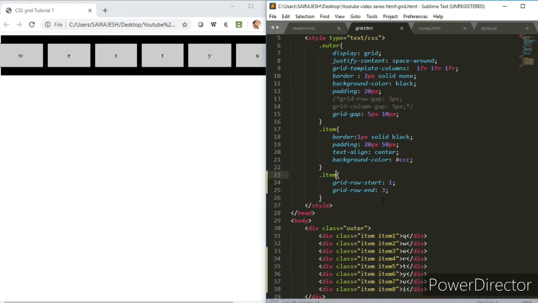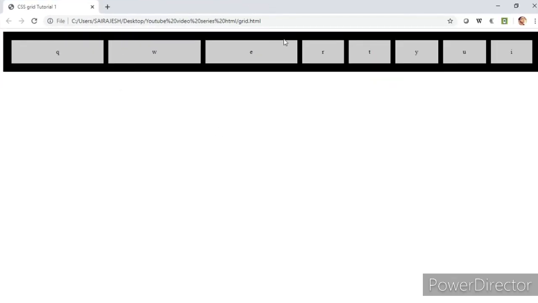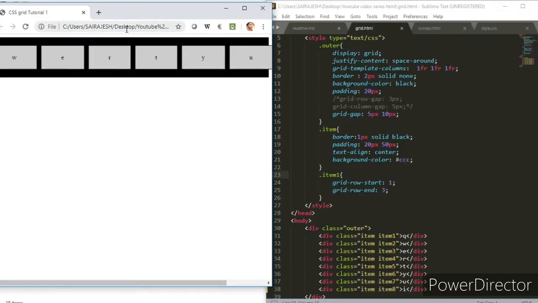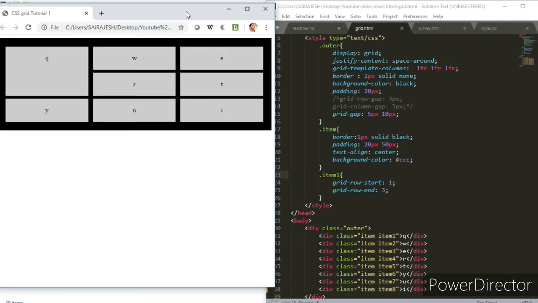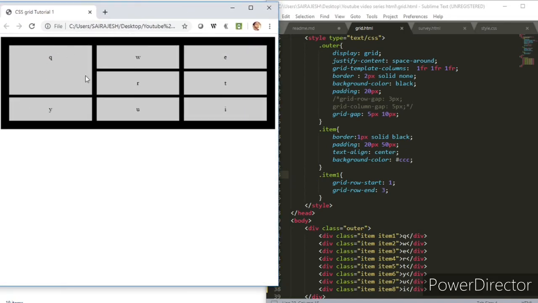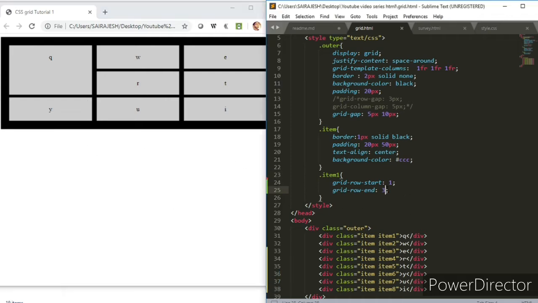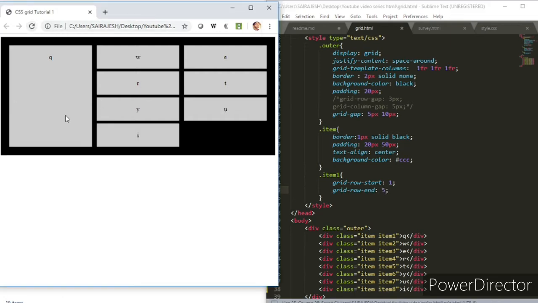Okay, so I have not put in item 1, so we want only for item 1. What this did was it automatically put everything in like one line. So make sure that you actually follow. Yeah, perfectly we got that. Perfect, it was good. So we got the first item 1 which filled in these two. These are something which you can play around with in the grids. Maybe you can get all 3 also, that's also possible. Even 4, that's also possible. So maybe I'll put in 5 here and let's see what happens, just to show you. Yeah, so you'll get it like this. Perfect. So you can make stuff like that.